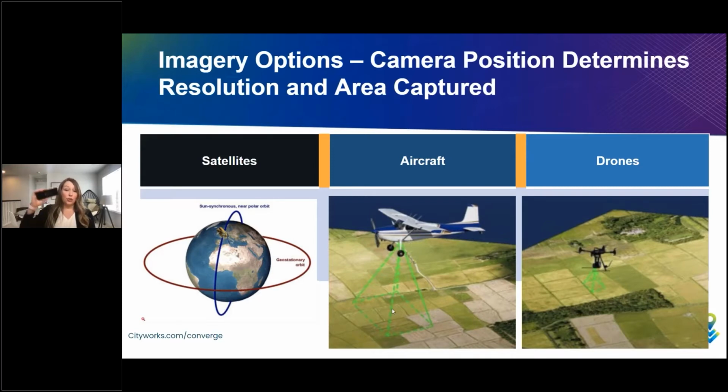And then you can go into the drone space where you can get an amazing clarity on your image, but now your camera is super close to the object, which means the imaging area is teeny tiny. And so you just have to consider all of that when you're imaging for asset management. What's the right balance and what's the right resolution for your task at hand? And so moving forward,